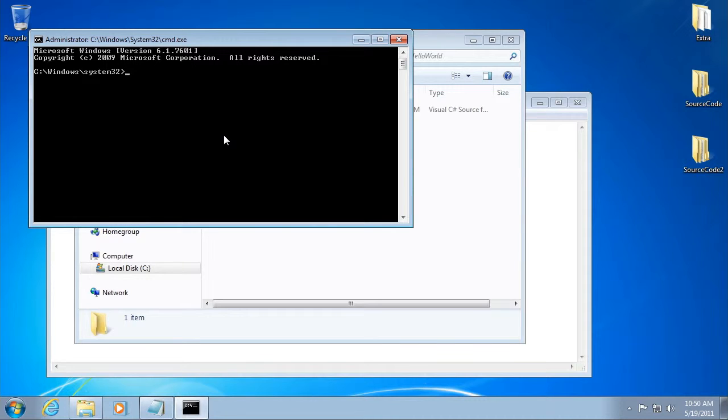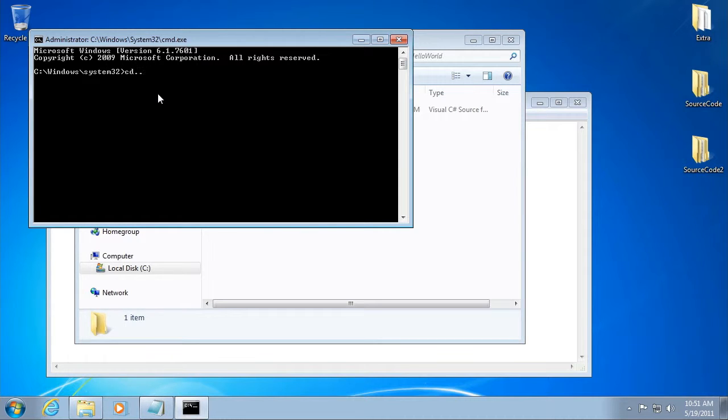The reason we're doing this is because many of the .NET Framework tools can be scripted using DOS batch files, and the C# compiler is no exception. If you don't understand what that means, don't worry. Okay, so now what we want to do is find the directory on our hard drive that contains the .NET